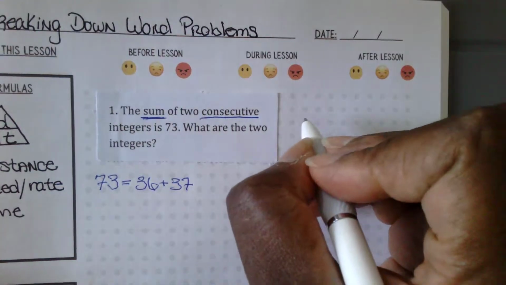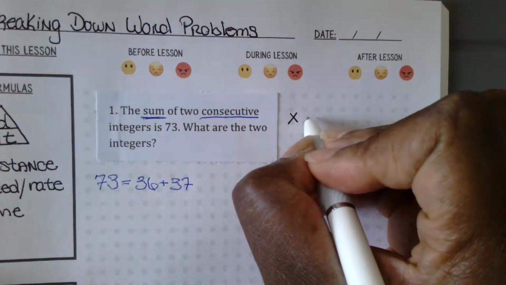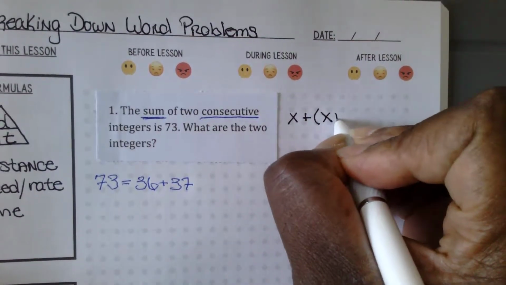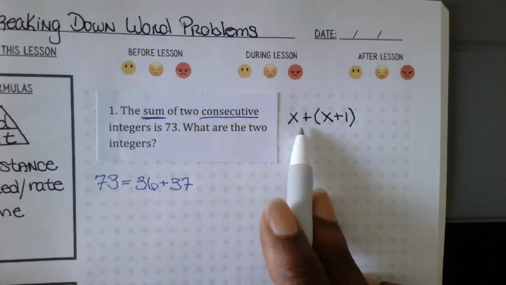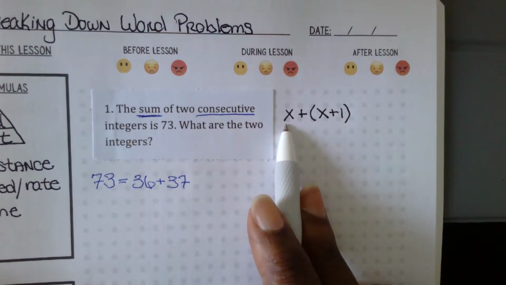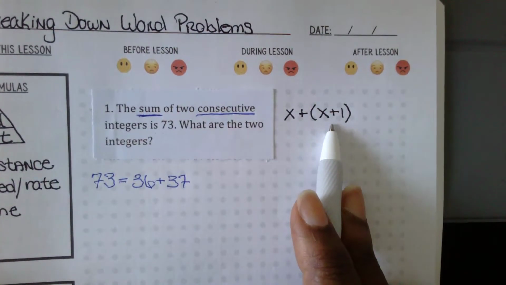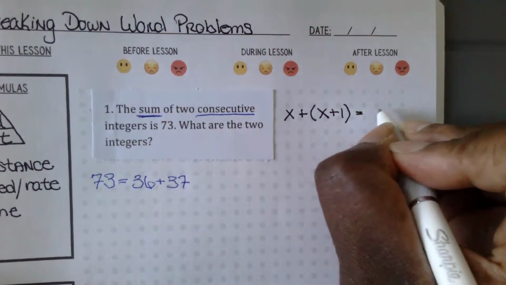So I have a starting number, which is going to be my x, plus the next number, which is represented by x plus 1. This is my first number. In order for me to get to the next number, I have to take the original plus 1. And they're saying that the sum of that equals